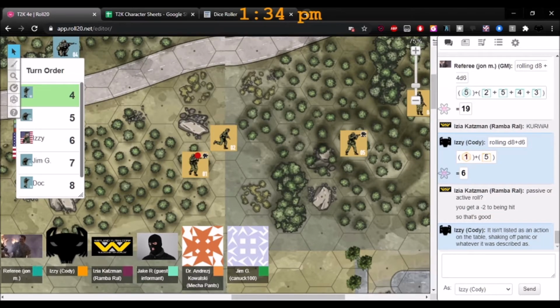Well, if the short range is 4, medium range would be 8, and then long range would be 16. So you just long range 6, medium range is 12. That's 18, and that is 1, 2, 3, 4, 5, 6, 7, 8, 9, 10, 11, 12, 13, 14. Yeah, he's within long range. Okay. So it'll be a -2 modifier if it's in long range.